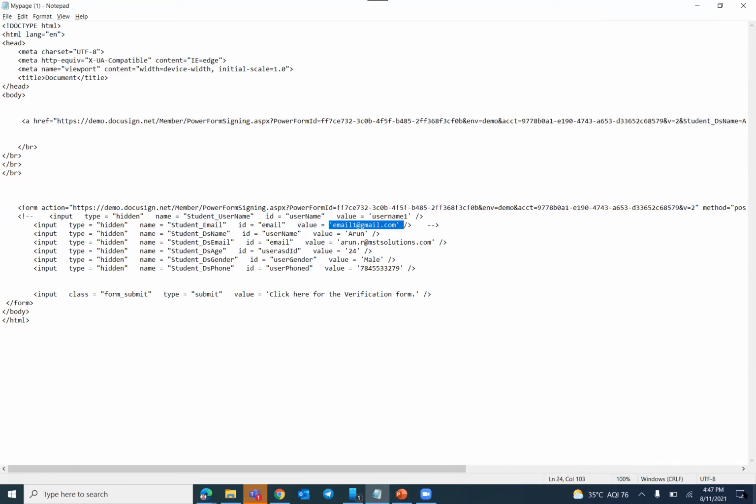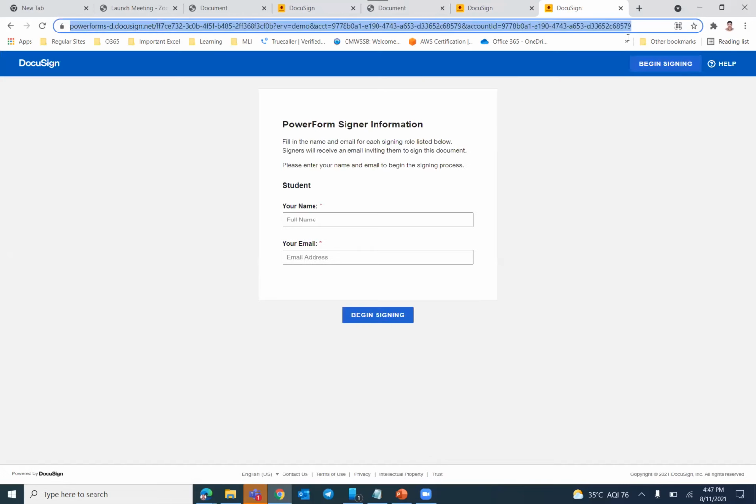I will show you one more thing. If I open this form with this button, the post method will trigger and the form will open. At that time, no data will be captured in our URL. Here you can see no data is captured.